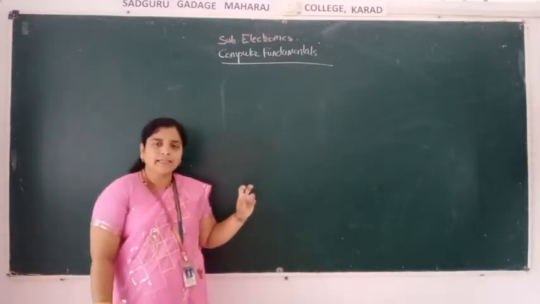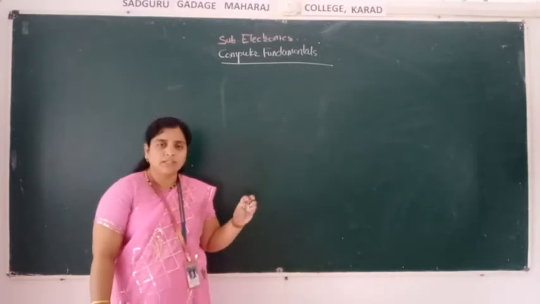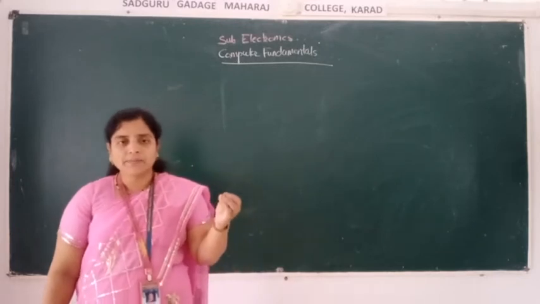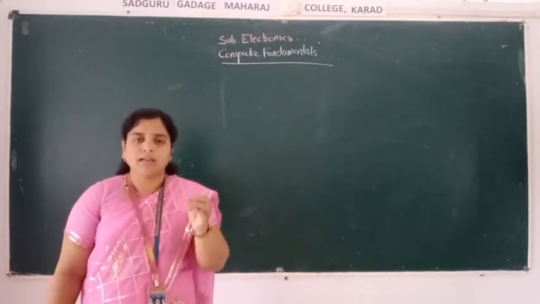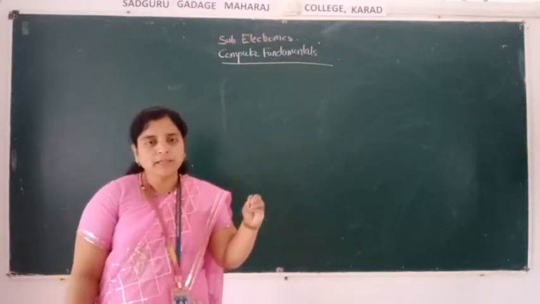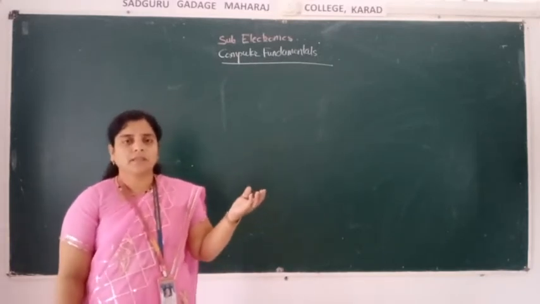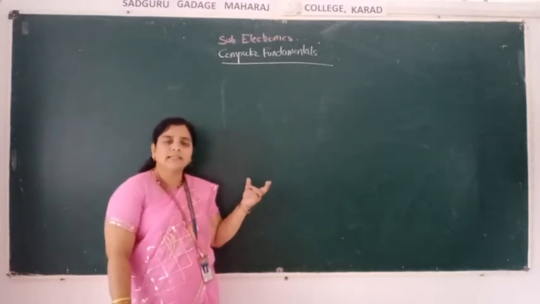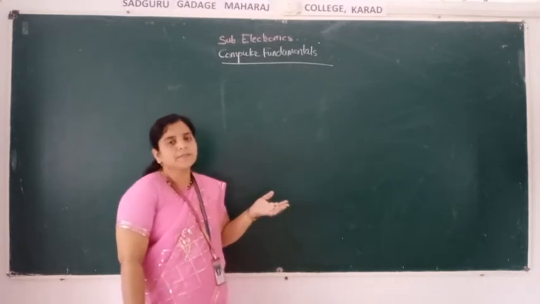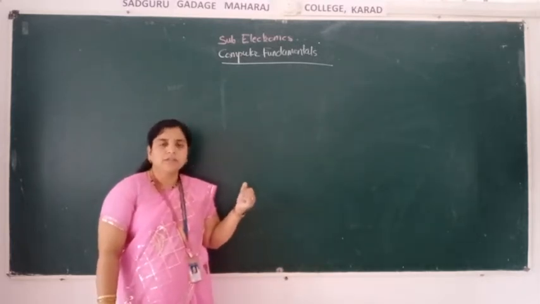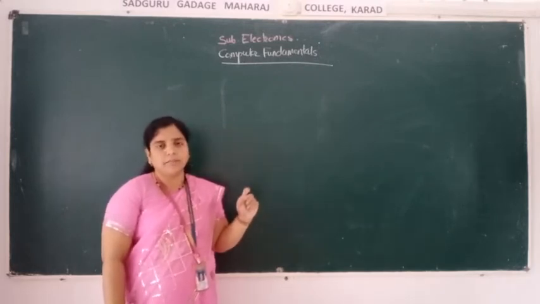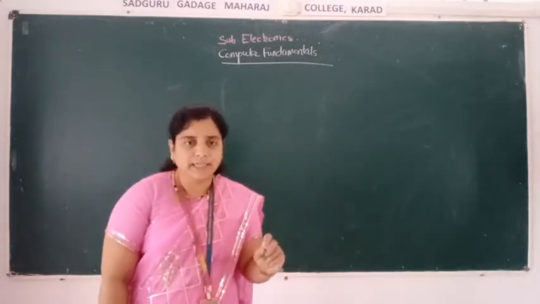So in the dot matrix printer, we will revise all these things. What happened in the dot matrix printer? All the dots are arranged in matrix form, and if a larger number of dots is there in the matrix, then it will give the highest print quality. So in the dot matrix form, all the dots are arranged in matrix form. Second is what? The inkjet printer.